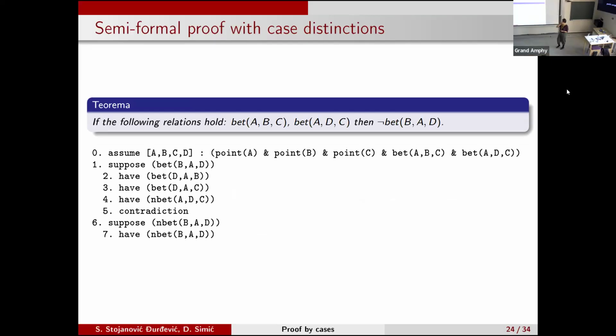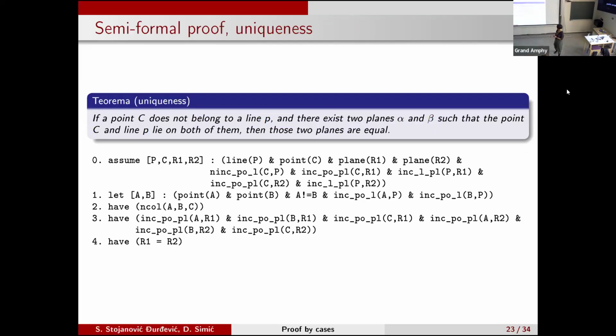So, excuse me, the previous slide. Okay. So you can say two planes, alpha and beta, without assuming that they are different. Because then you prove that they can't be different. But you don't assume that they are. No. We don't assume anything. But you say two, which is. Oh, okay, but